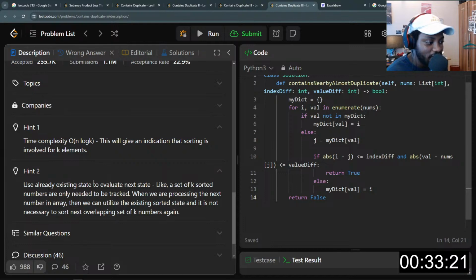Use already existing state to evaluate the next state, like a set of k sorted numbers only needs to be tracked when we are processing the next number in the array.